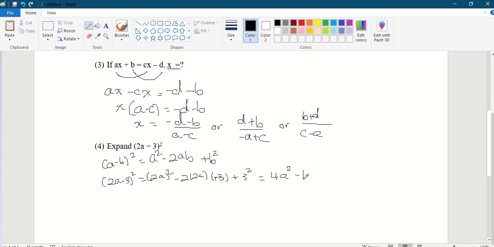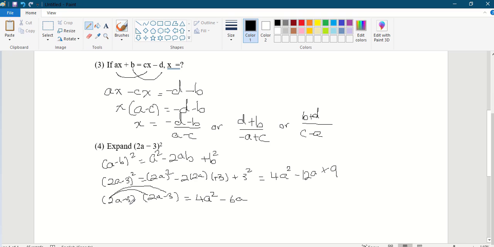So we'll have 12a plus 9. Now let's say we didn't know this formula. Another way to approach this problem will be, we write 2a minus 3, another 2a minus 3, and then we multiply these two. 2a times 2a will give us 4a square, 2a times negative 3 will give me negative 6a,